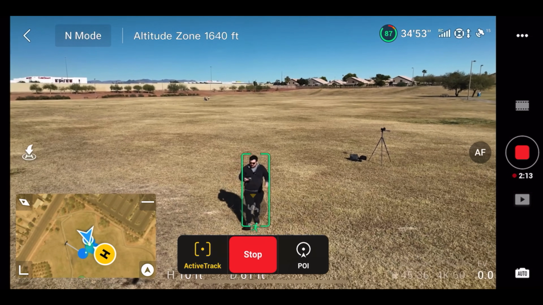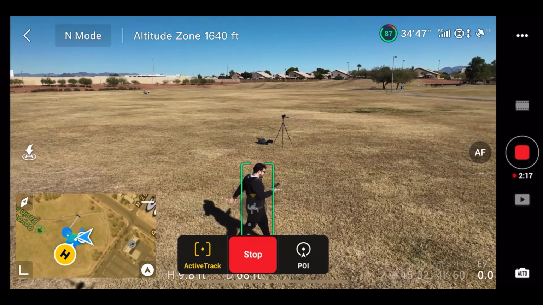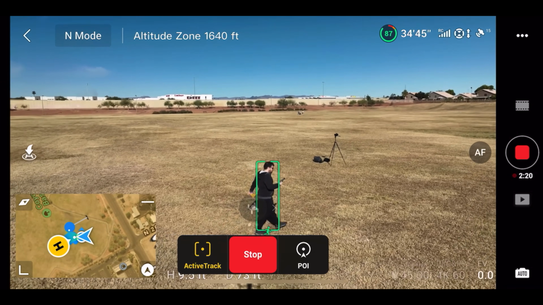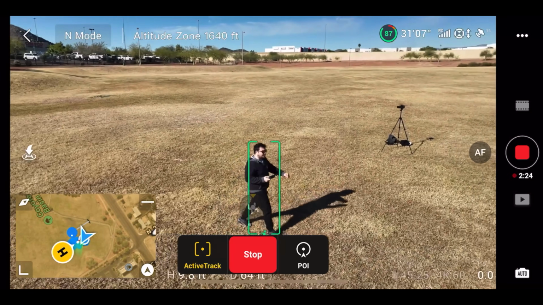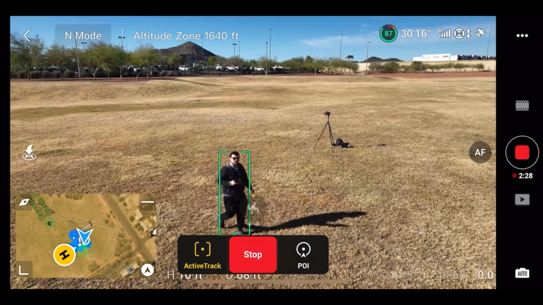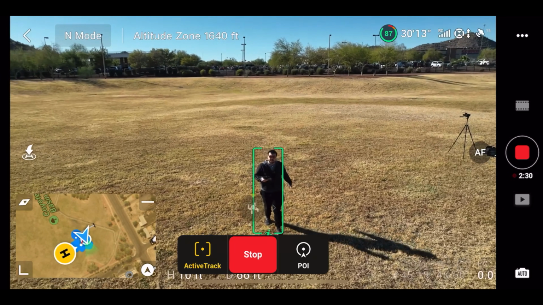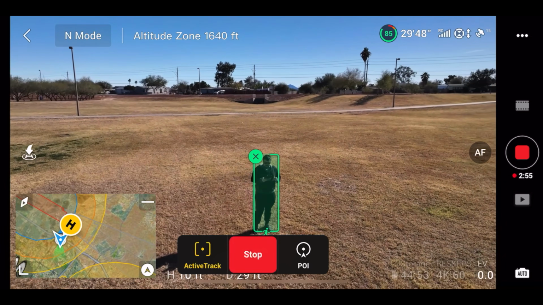So yeah, ActiveTrack works pretty good. I'm gonna change directions on it here. The drone's doing a lot of interesting movements right now, but it's keeping me in its view and it's trying its best to track me. So that's really cool. So now I'm gonna hit stop